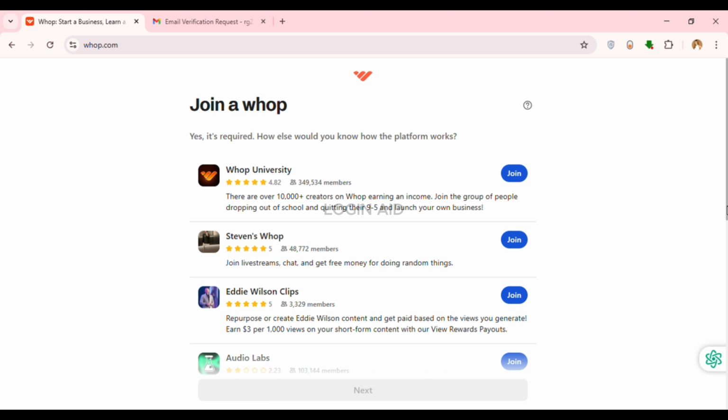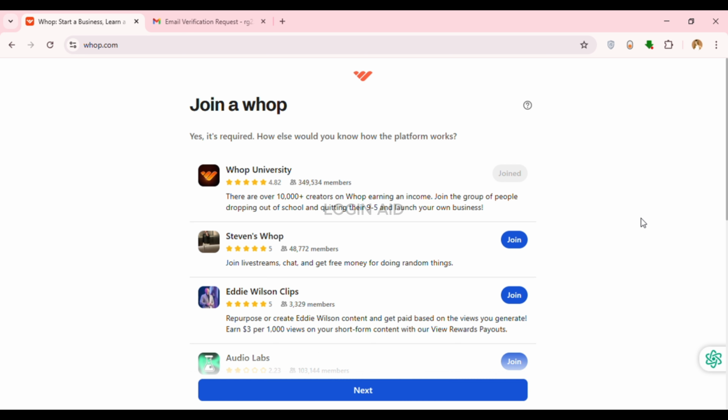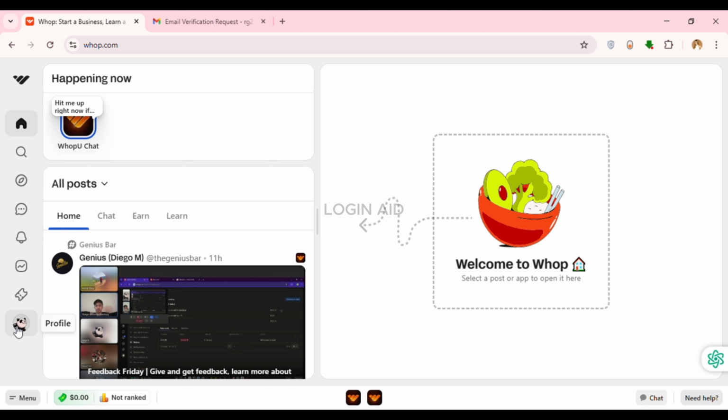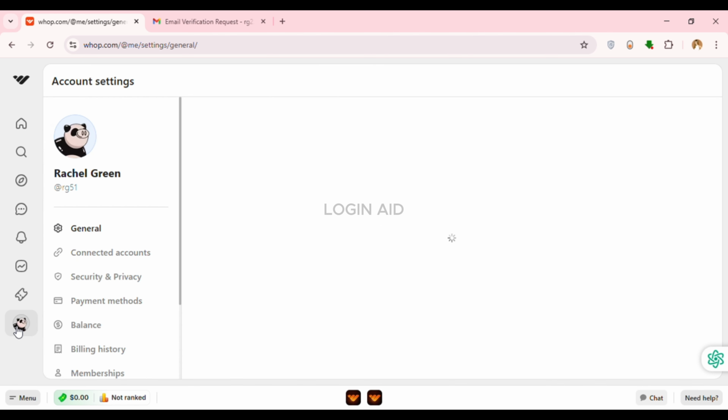Now you'll have to join a group. You'll be able to find several groups over here. Simply click on the join option right next to the group that you want to join. Now after you join at least one group, next option will be activated. Simply click on it. Now you can see over here your Whop account has been created. So that is how you create Whop